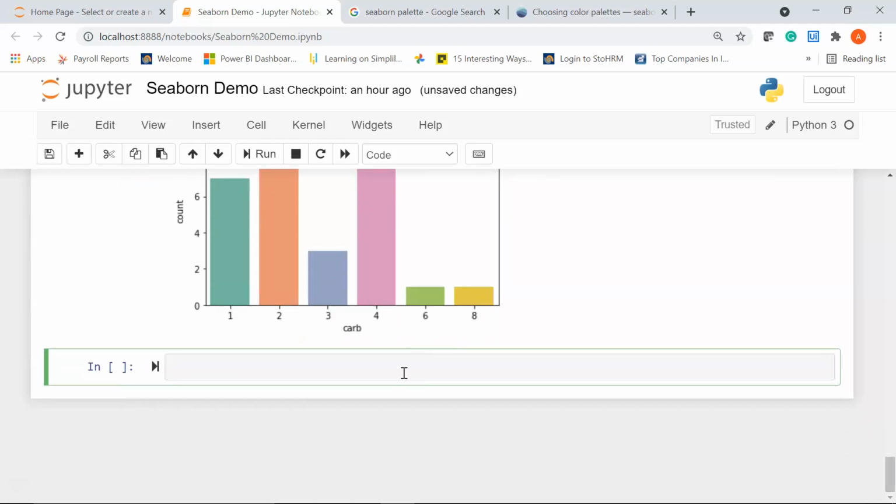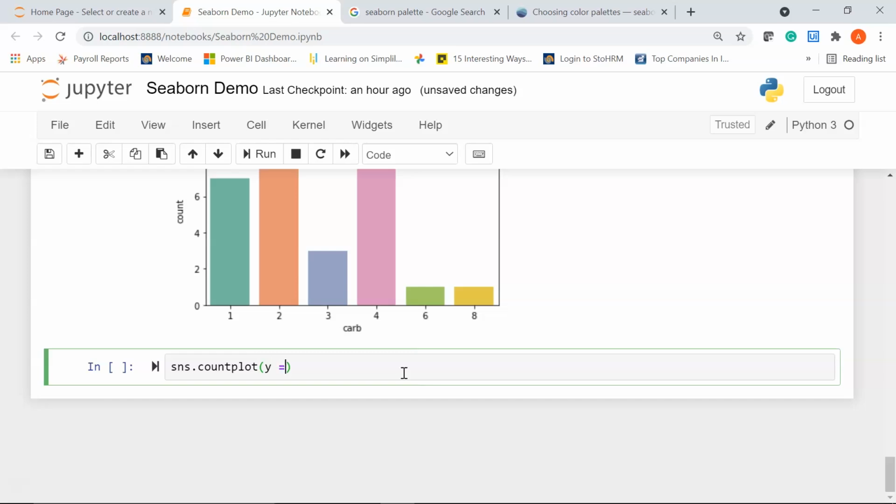Cool. Now moving ahead, the Python Seaborn library allows you to create horizontal count plots where the feature column is on the y-axis and the count is on the x-axis. Let me show you how to create a horizontal count plot. I'll say sns.countplot.